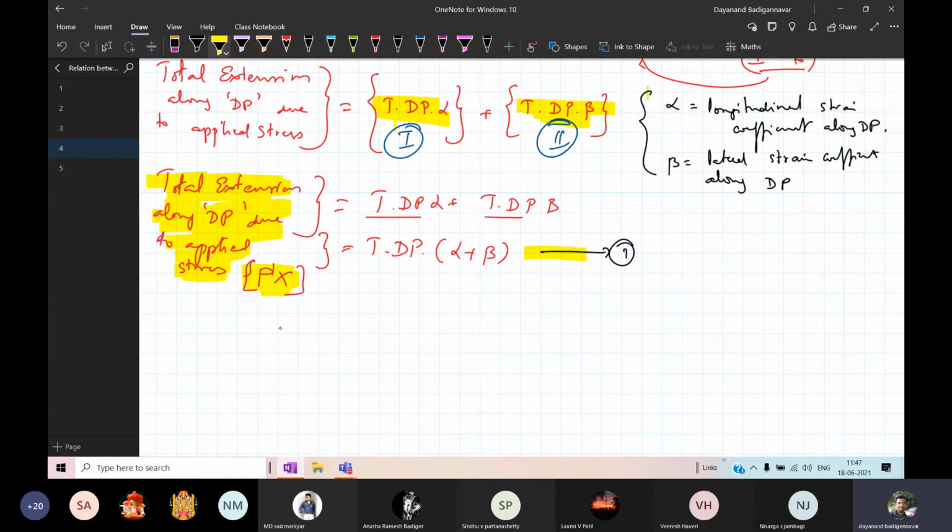Now, in the last class we calculated P dash X. Just go through that part. In the last class, what we have done is we have evaluated